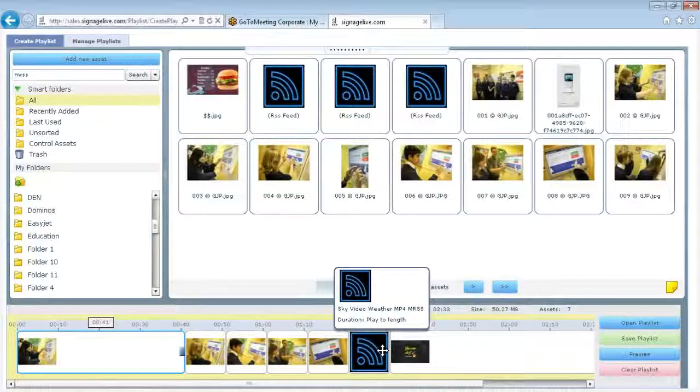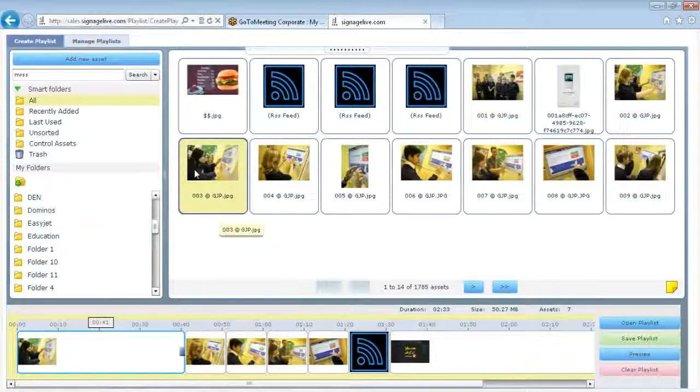Once you've then deployed your playlist out to all of your screens, if you need to make any changes to your playlist, so to add any new items in or to take any items out of the playlist, you'd need to do it via Manage Playlist. So if we go up to the top of the screen and go to the second tab in, Manage Playlists,